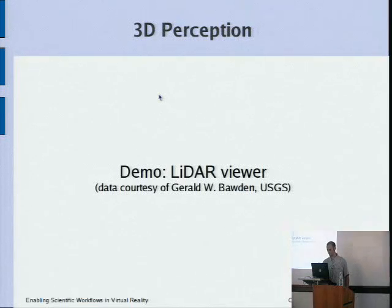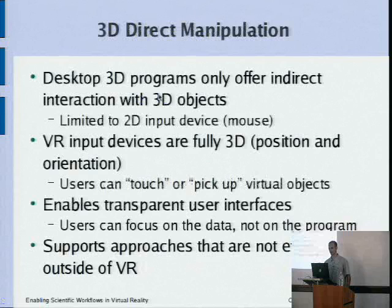It turns out that for him, he says it's just a new world. He can do things to his data that he just couldn't do before by being able to see this house sitting there, being able to touch it, being able to measure exactly how much it's sticking out over the cliff, exactly how much it is moving from day to day, and so forth. So this was all about my